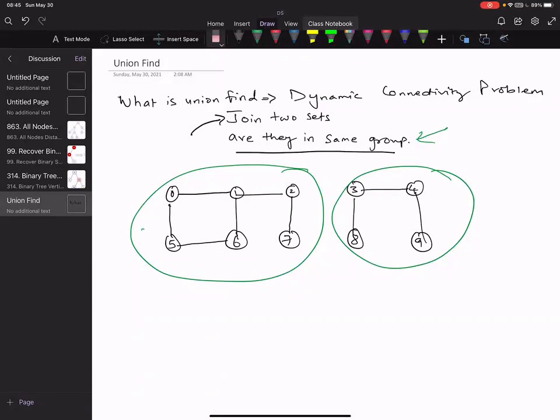Another one is symmetric. What do I mean by symmetric is that when I say that 0 and 1 are connected, that means 1 and 0 are also connected. So in graph terms, it is an undirected graph. And it is transitive. What transitive means is that if 5 and 0 are connected and 0 and 1 are connected, that means 5 and 1 are also connected. So it is the same thing as a graph, nothing else. I'm just throwing out some terms that are used in the theory of discussing this data structure.